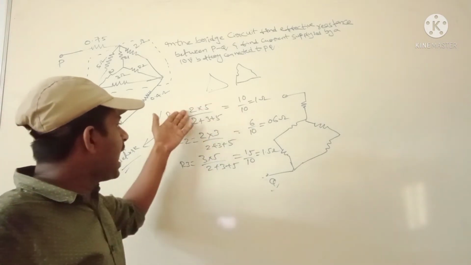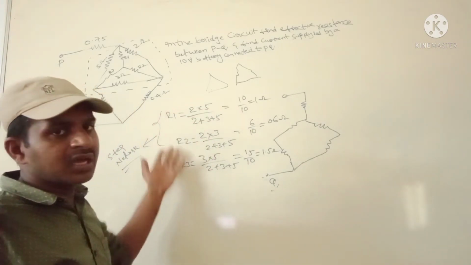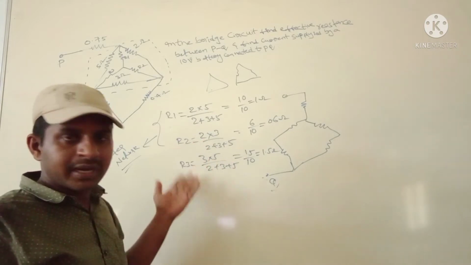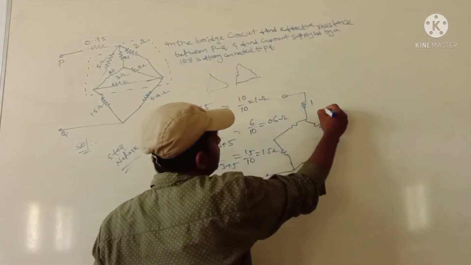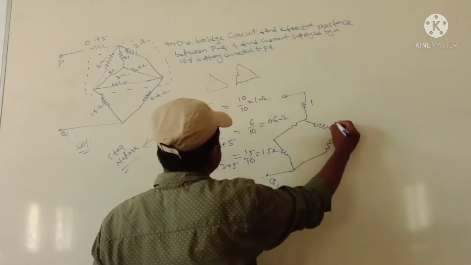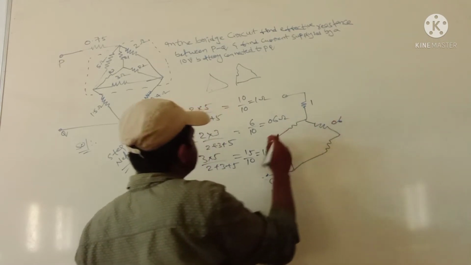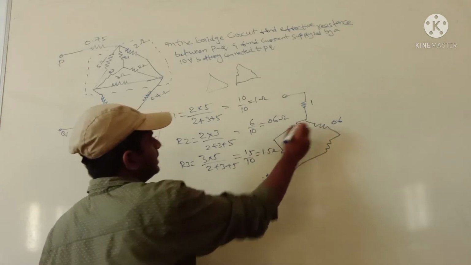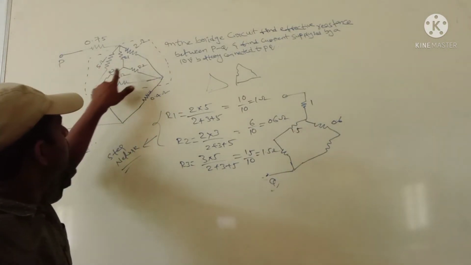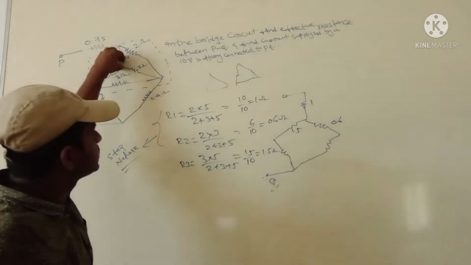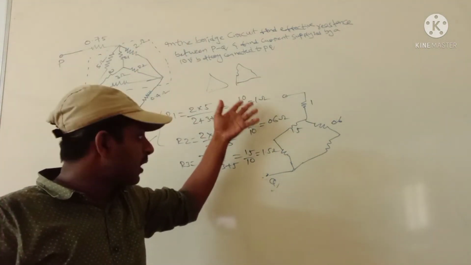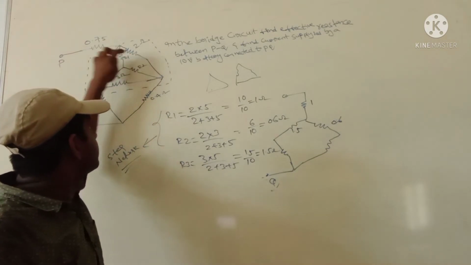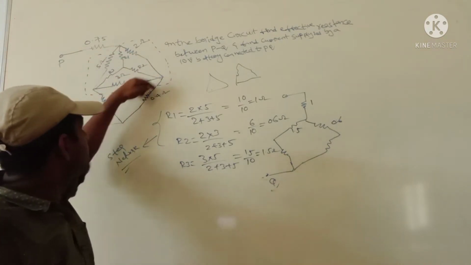So these are the R1 and R2 and R3, which are the star connected network values we are getting here. So these values can be inserted here. This is the R1 value, 1. This is the R2 value, 0.6. This is the R3 value, 1.5 like this. Why? Because here this is the R1, R2, R3. In this same place we have to keep the values we are getting here, in the R1, R2 and R3 places.